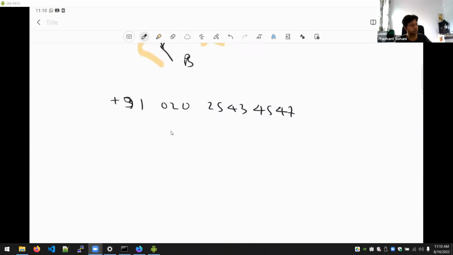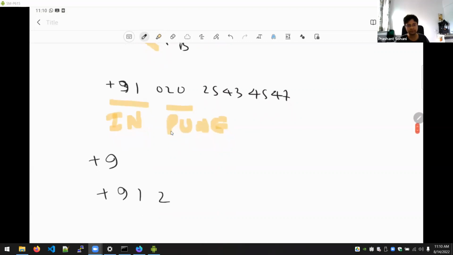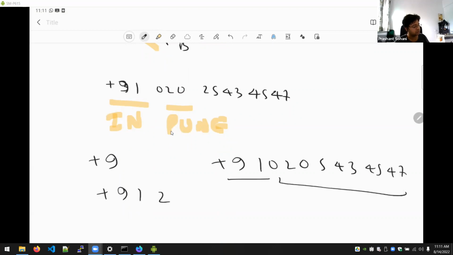This is actually a kind of prefix code because this is the country code of India, and this is the STD code of Pune. And if you check the list of ISD codes, there is no country whose international calling code is +9, or +912 or something like that. Because if that happens, do you see there could be ambiguity? Suppose I give you the phone number +910205434547 without adding any spaces in between. How do you know that this is a number inside India or some other country's number which starts with +9